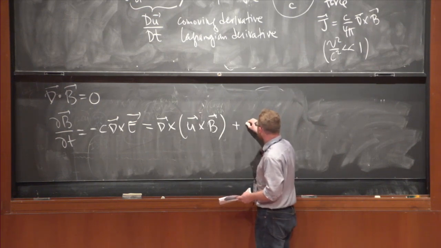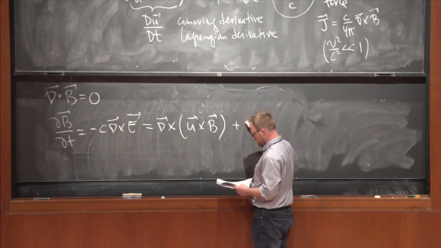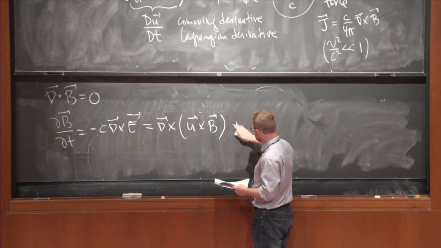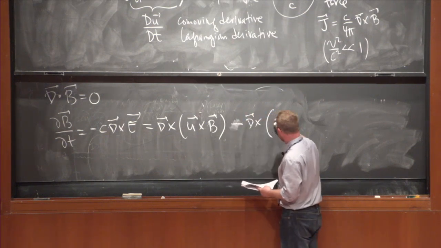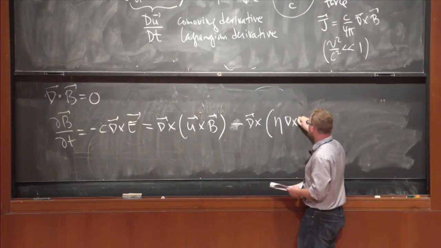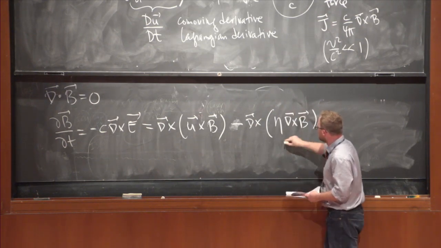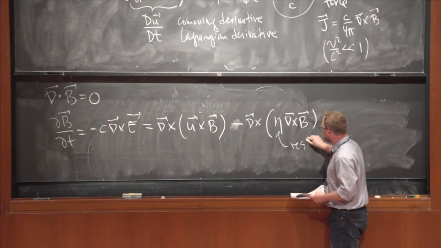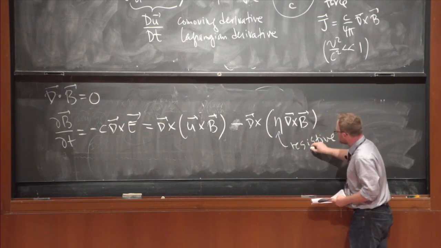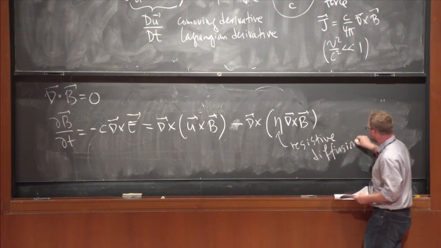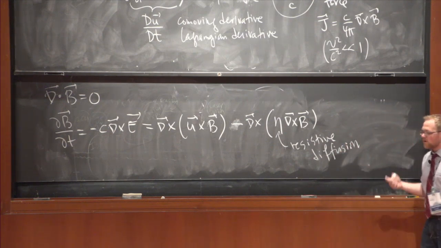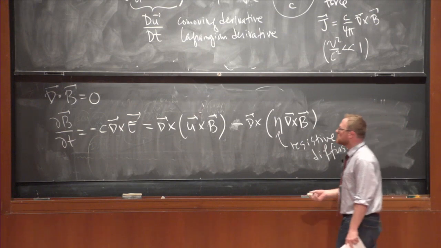You could also add, let's see, how do I want to do this? This is resistive diffusion. So the simplest way of arguing for this equation, which is called the induction equation,